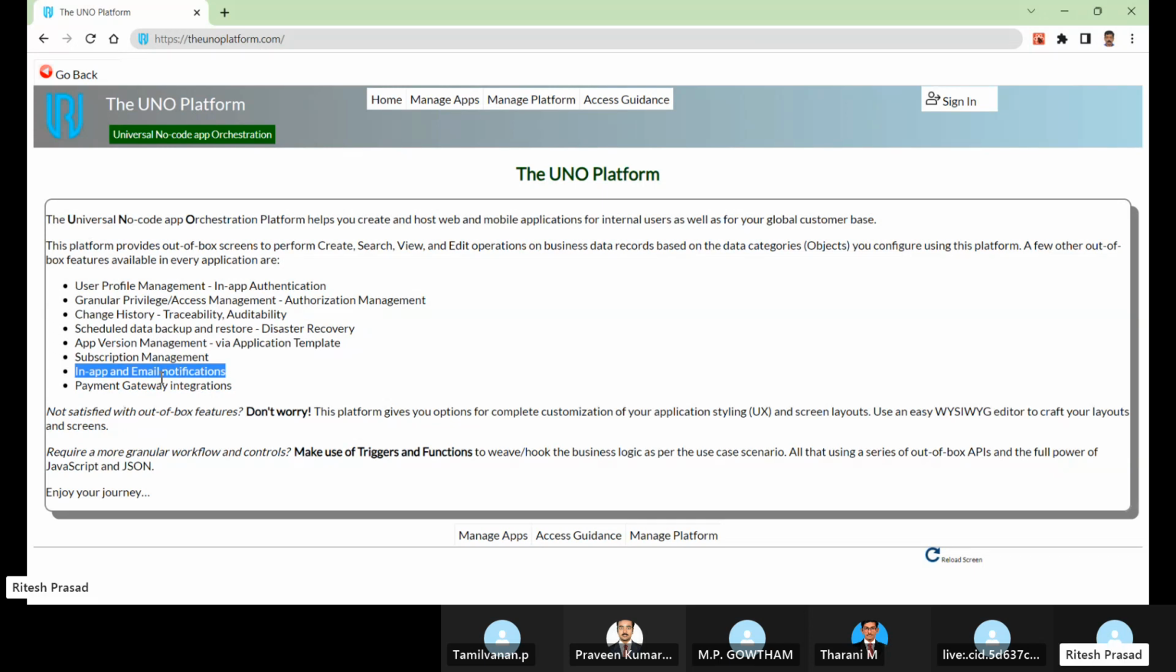And last but not the least, a common feature that is required in most of the commercial applications is payment gateway integration. So it allows you to integrate with the payment gateway of your choice. Out of the box, it has some integrations, and on demand, we can support integration with other payment gateways as well, right? So it gives you a lot of out-of-box features,